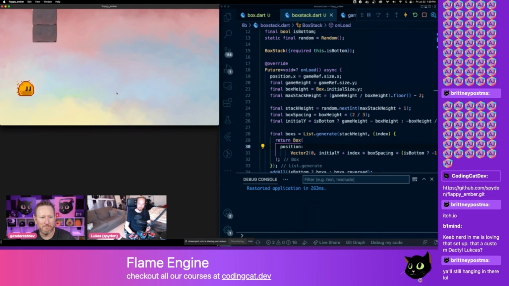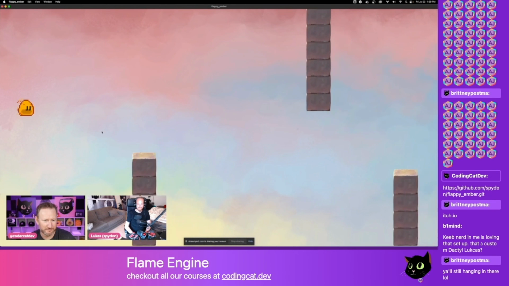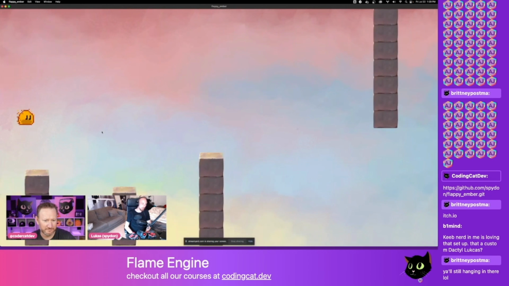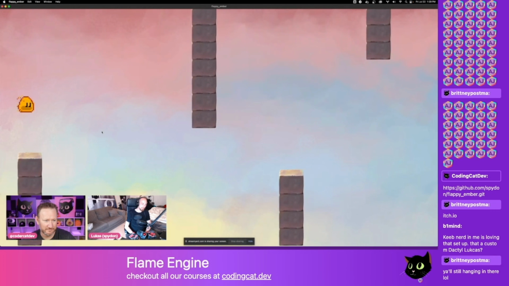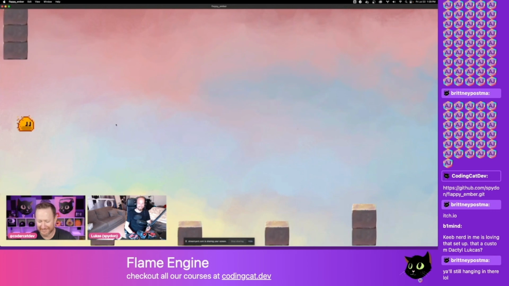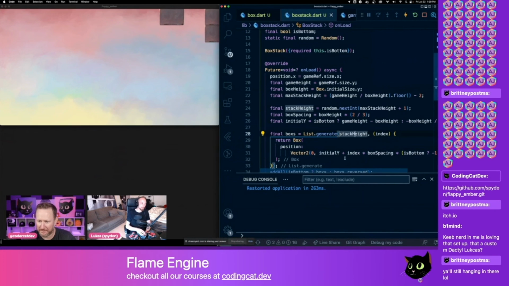Do we have a max? So we did max of the screen. So if I go bigger, we should get more boxes, right? Yeah. Oh my goodness, look at that. And we can set it so that it increments the speed a little bit all the time. Yeah, like once you die, it gets harder and harder. Yeah, exactly. Okay. I like it. Cool. So if you go to the game again,